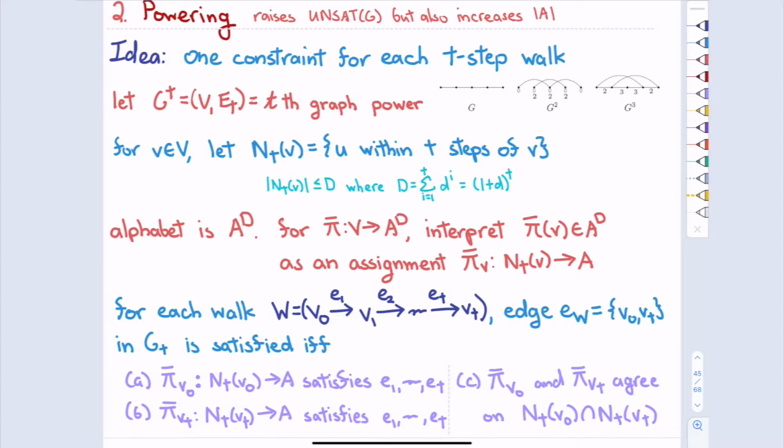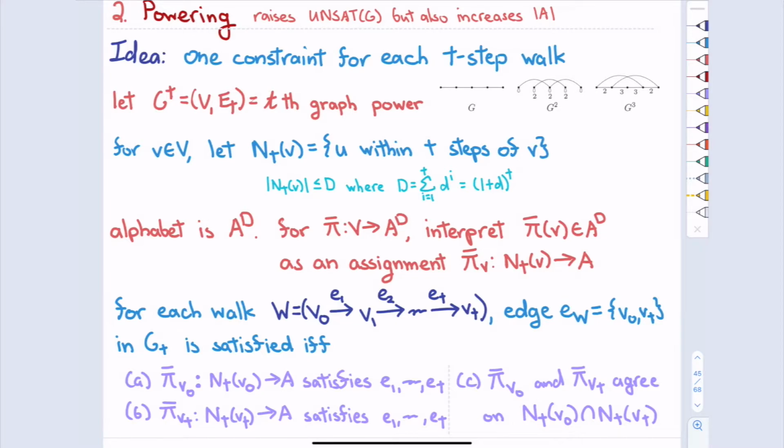When I'm looking at a t-step walk, the endpoints will be assigning a letter to exactly every vertex along the way. Capital D is the number of total vertices within t steps of a vertex, or an upper bound. It's roughly 1 plus d to the t.